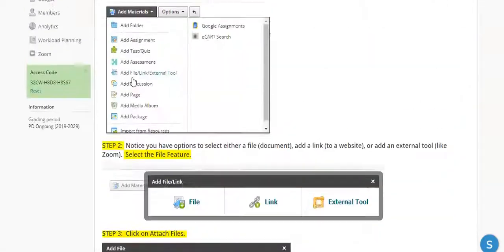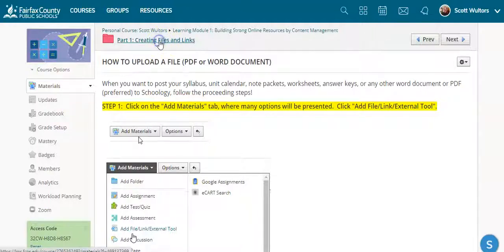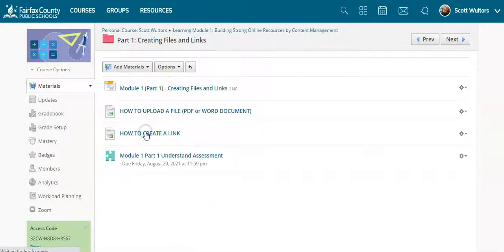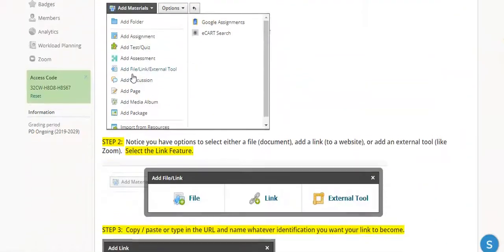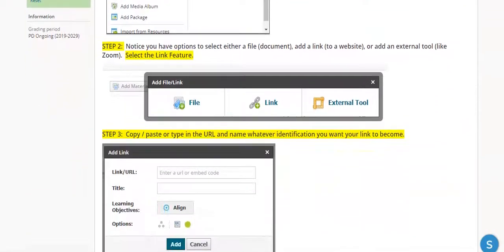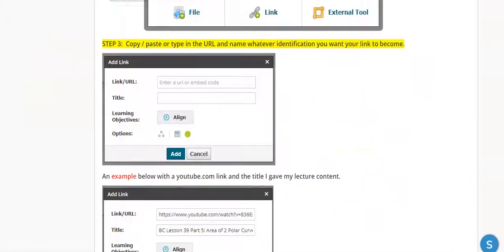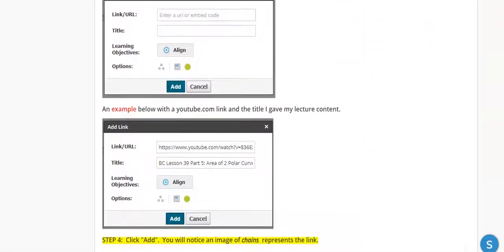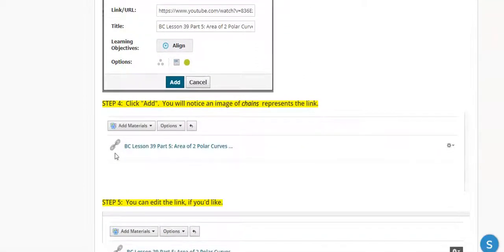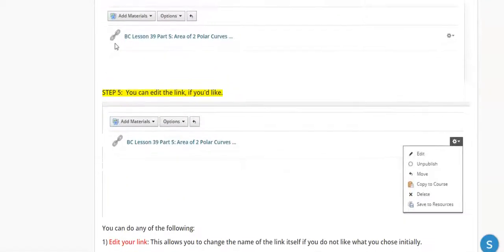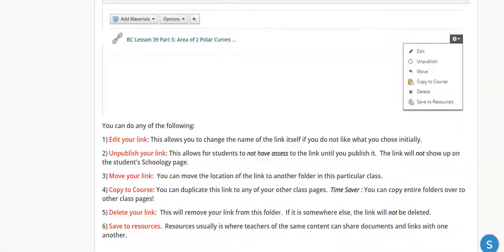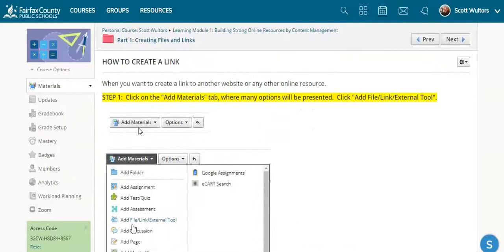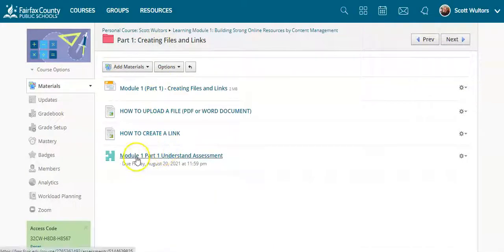And then I can really quickly go through here again and show you that I did the exact same thing for creating a link. So this is, again, all on one page. So you just have to scroll down and see exactly the slides themselves. So I'm hoping that I'm going slow enough for you to see this, that I'm not boring you with a lot of the stuff, because it is pretty self-explanatory. So this is just something that a learner can do to go through the stuff and see if they can do it themselves. And then hopefully after they're done with these things, then they can go to the assessment